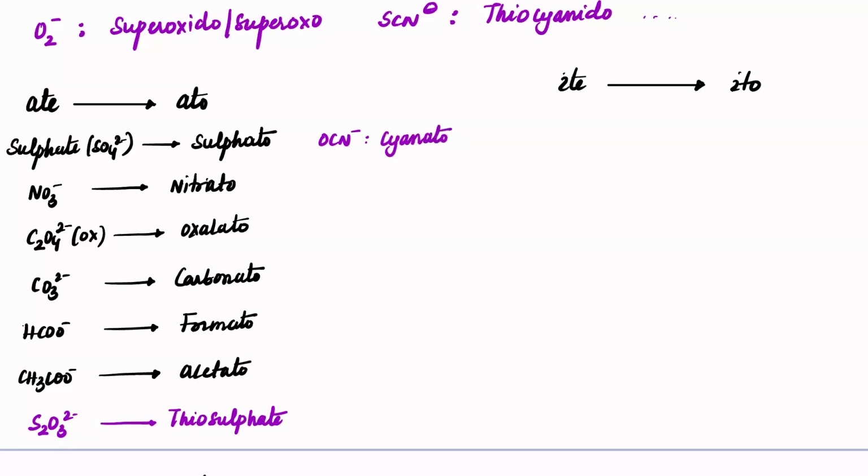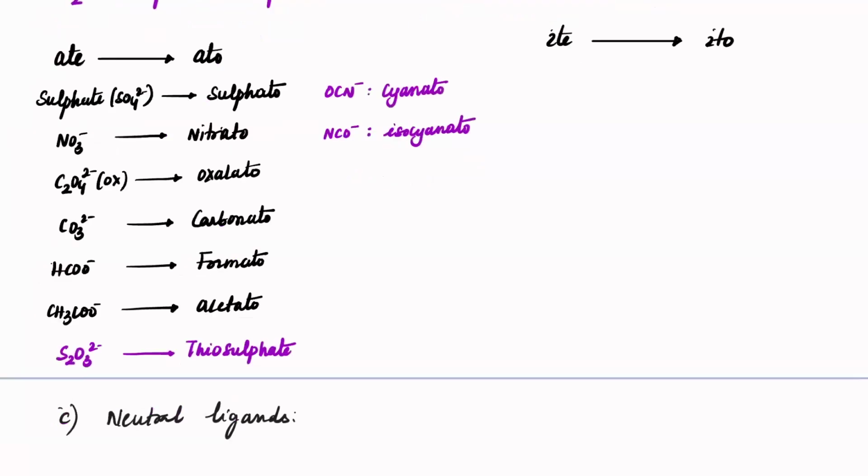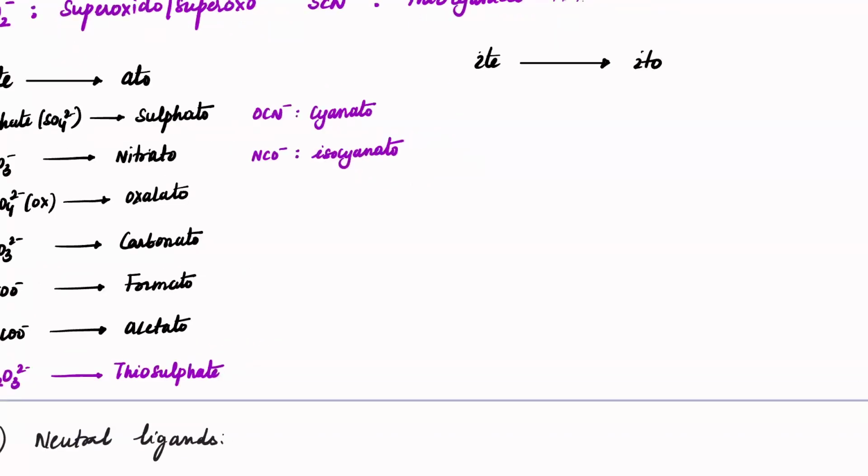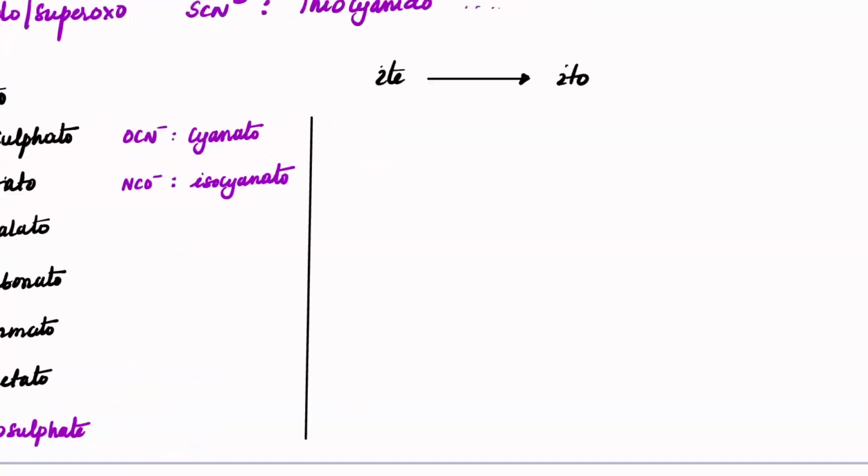Okay. So if it is NCO minus, that means the connection is from the nitrogen. So it is isocyanato, isocyanato. Clear, everybody? This is the name that you will come across. Now look into the case where you have ide salts. The ide salts include